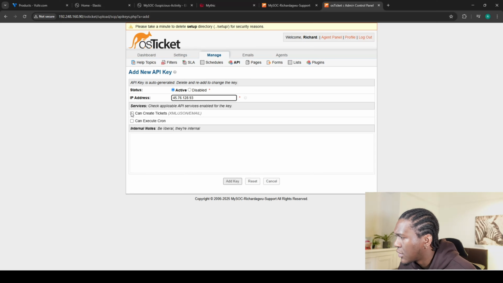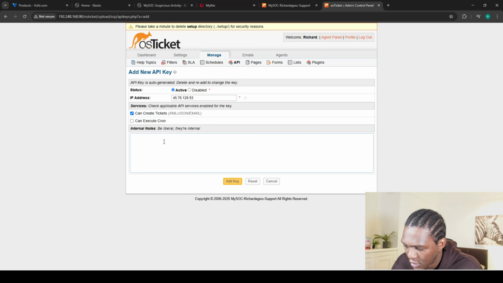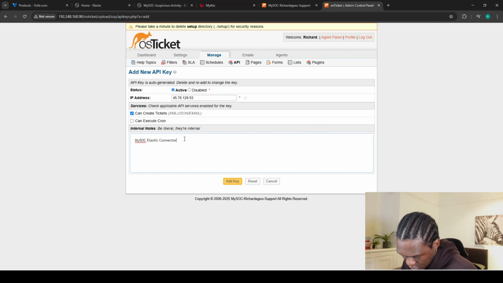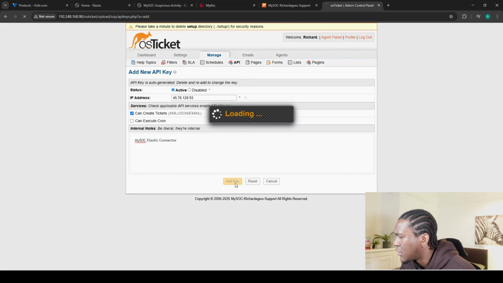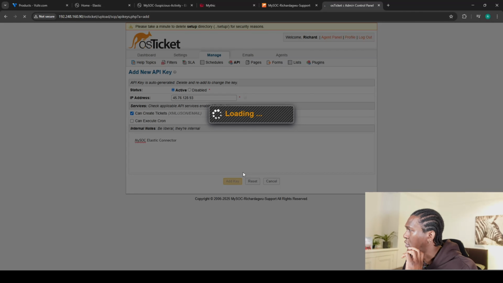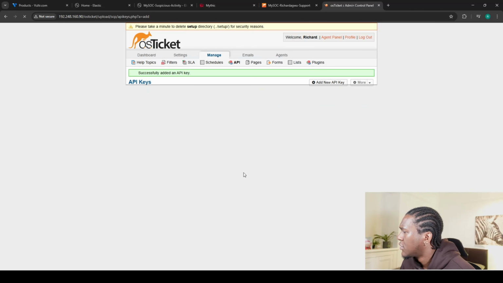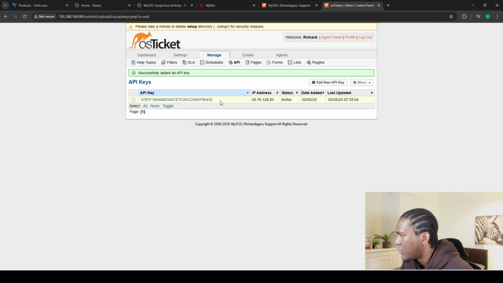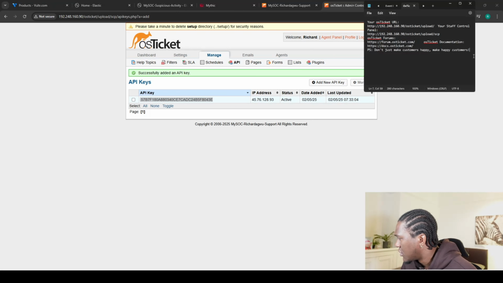I'm going to check create tickets, okay? Internal nodes. All right, in this part, I'm just going to put in my dark elastic connector. Then I'm going to click on add key. That should create us an API key. Just going to give it a couple of minutes. And you can see we have our API key right here. So I'm going to copy that out and paste that in my notepad. I could paste that down here. Just API,